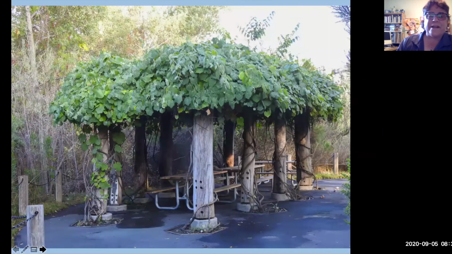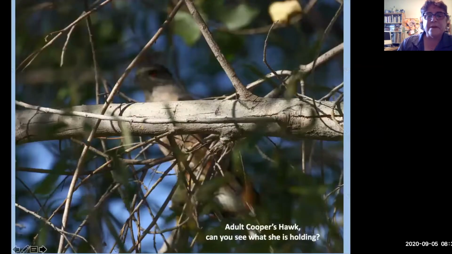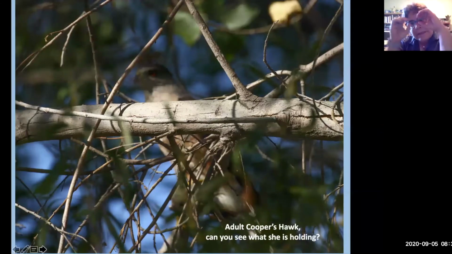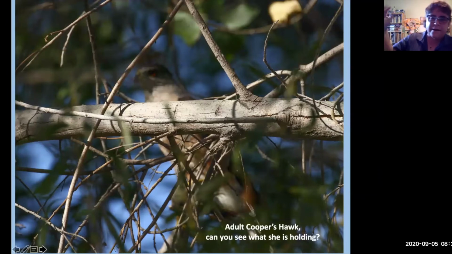This is the arbor again. I just happen to love it, and I loved going there, not only for the grapes, but there's a pretty neat spider that goes there, and I'll get to that in a minute. So I made it just across the bridge, and I'm looking through my binoculars, I'm like, what? Oh, that's an adult Cooper's. That's the one the baby's looking for. And then I hear the baby calling, and goes slamming into the tree.